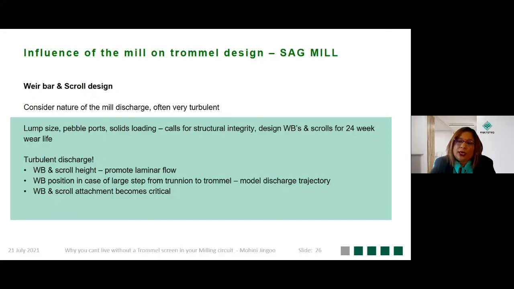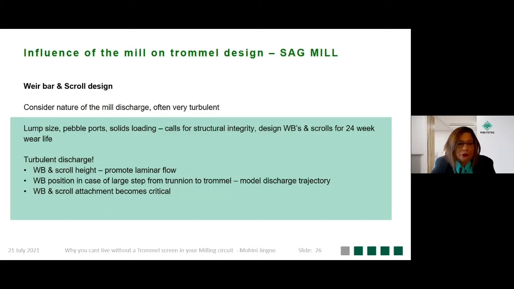And now we look at the wear bars and scrolls. Once again, we need to consider the discharge from the mill. When we're looking at the wear bar and the scroll design, we consider the nature of the mill discharge. Often this is very turbulent. We look at the lump size, we look at the pebble ports, we look at the solids loading. We need to look at the structural integrity, and we need to design the wear bars and the scrolls for